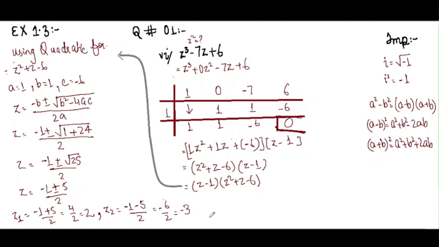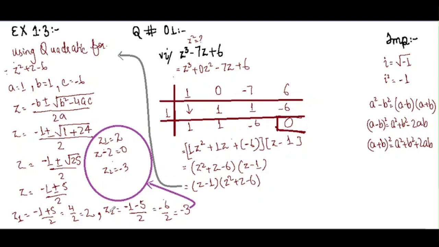For z1 equals 2, we are going to do the next step over here. Actually it is the value of z, we have just written 1 to differentiate it. So when we bring 2 over here, we get z minus 2 equals 0. So one of the factors is z minus 2, and the other factor, z2 equals minus 3. So when we bring minus 3 over here, we have just given them the symbols 1 and 2 to differentiate them from each other. Okay, so z plus 3 equals 0. This is one of the factors.